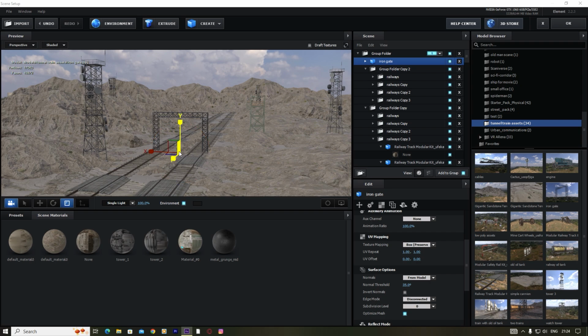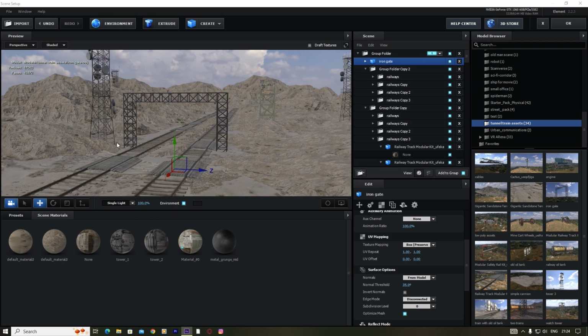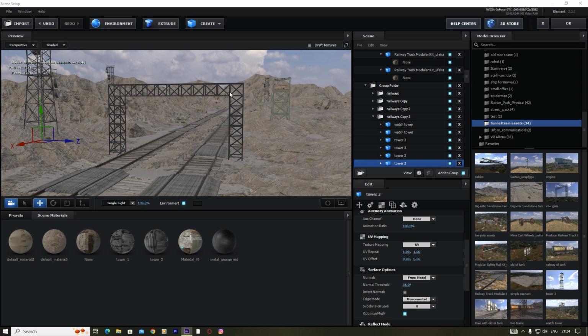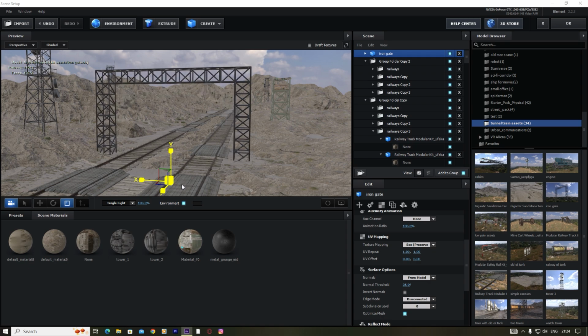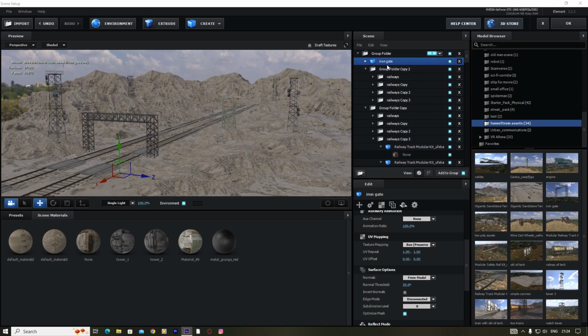Maybe we increase the scale a little bit, just like this, or then we bring down this height and place it here, or maybe we place this radio tower here, and then we select this and place it here, or maybe we increase the scale and then we dip it down like this. Okay, so here is our iron gate, and we're going to put it into a new folder here. So here is the folder, and there is the iron gate, and now we're going to put some cables